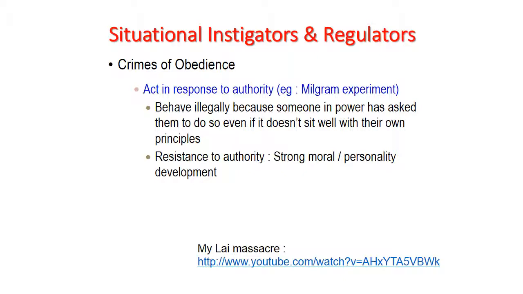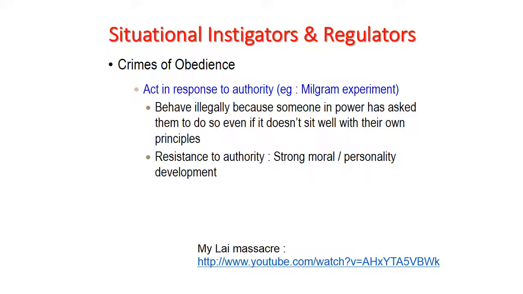This is a real incident that occurred in, I think, March 1968, where a group of American soldiers destroyed and annihilated a whole Vietnamese village because they were instructed to do so by their superiors. In the process of destroying this village, in the so called name of fighting the enemy, they killed a lot of innocent villagers, which included women and children.